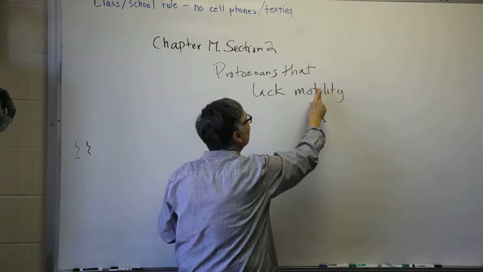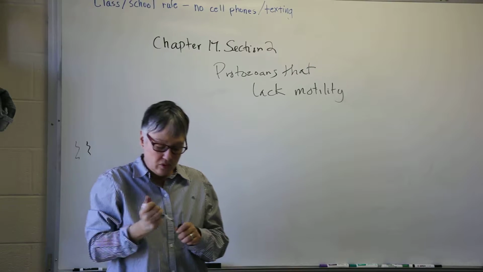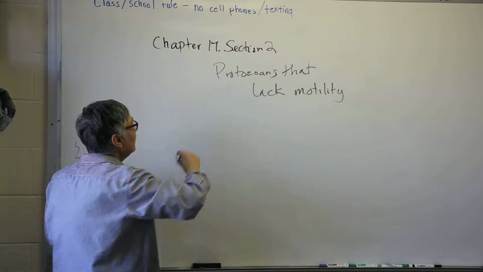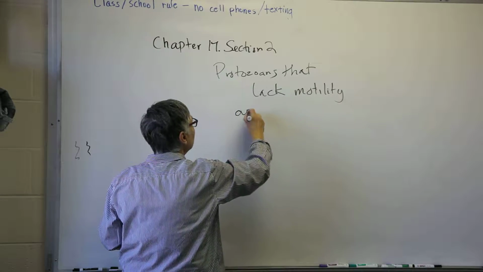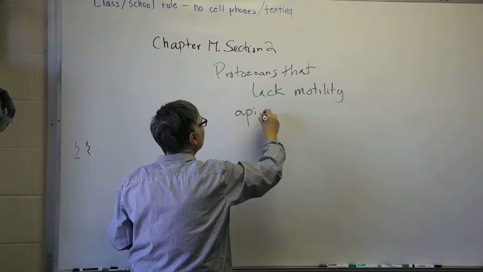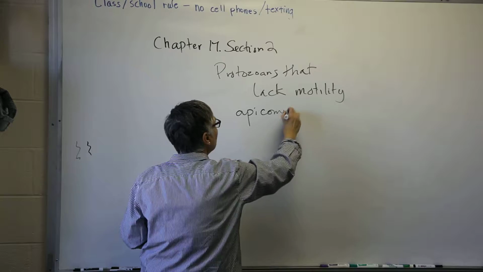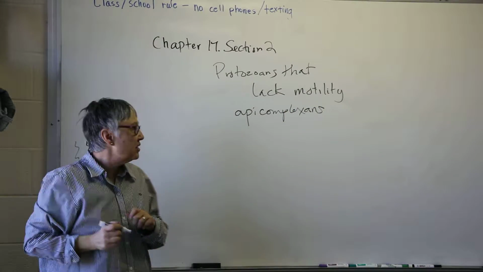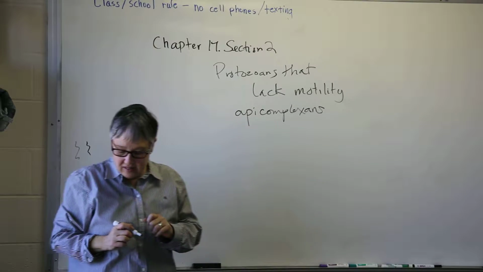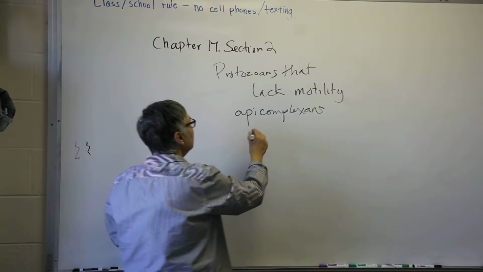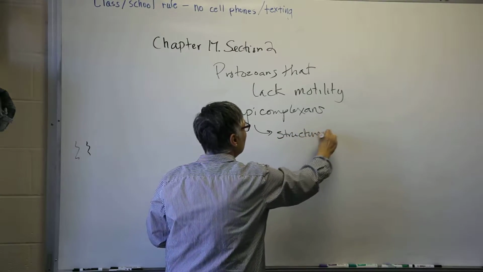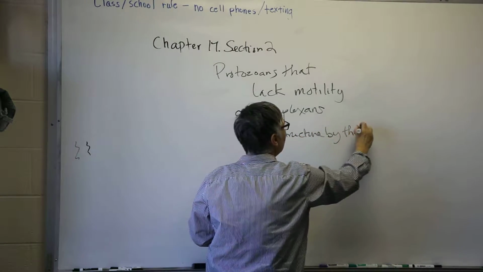That's the term that's used for movement in these organisms. There is a group within this category that are referred to as the apicomplexans. They are called this because of a structure by that name